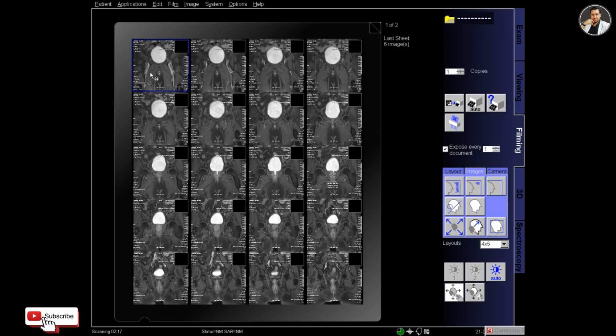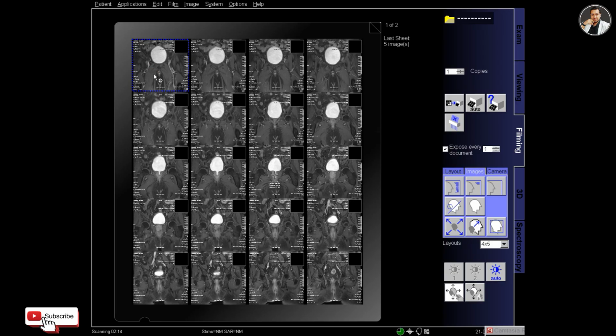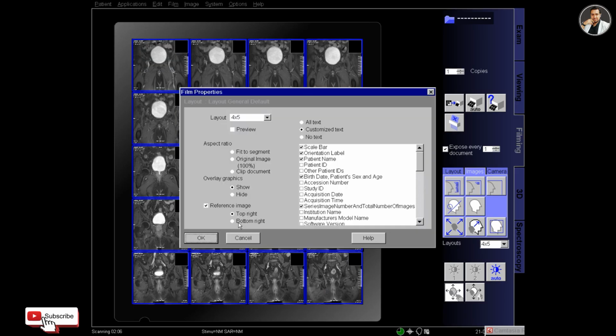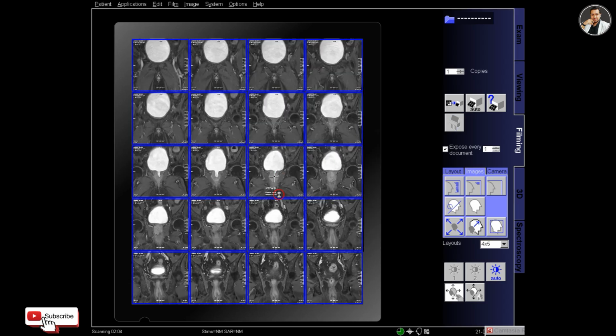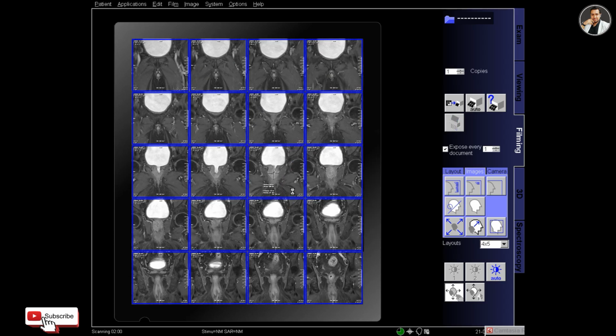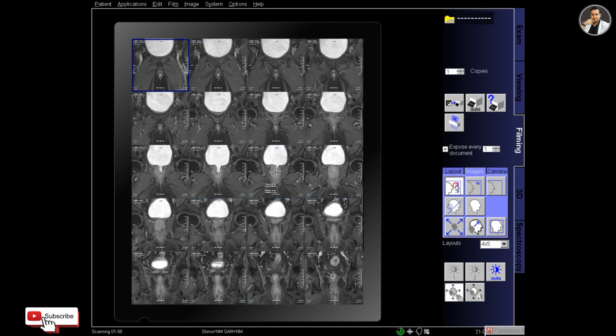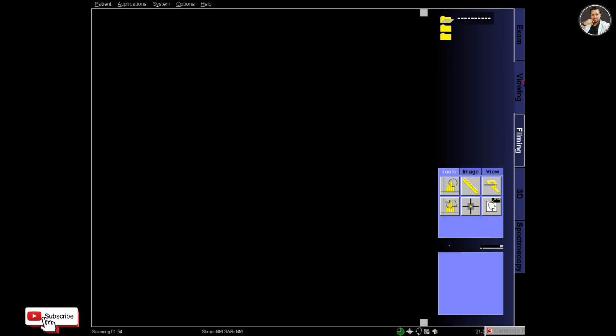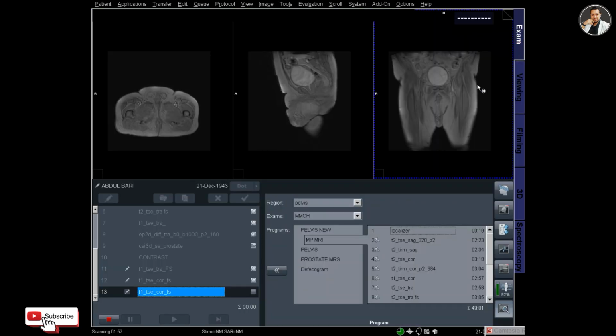So again I am in the filming the coronal images, and the layout is 4 into 5, and delete the rest of the images and remove the reference image from the segments and enlarge it a little bit and then print out. And another one remaining is T1 sagittal fat set that is scanning right now.